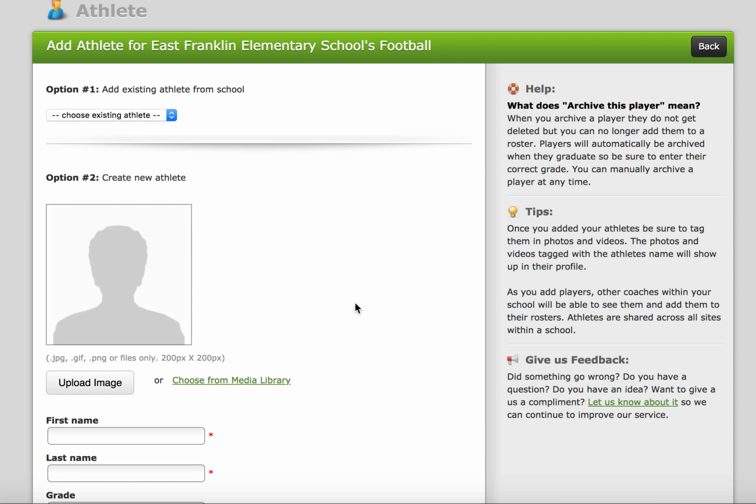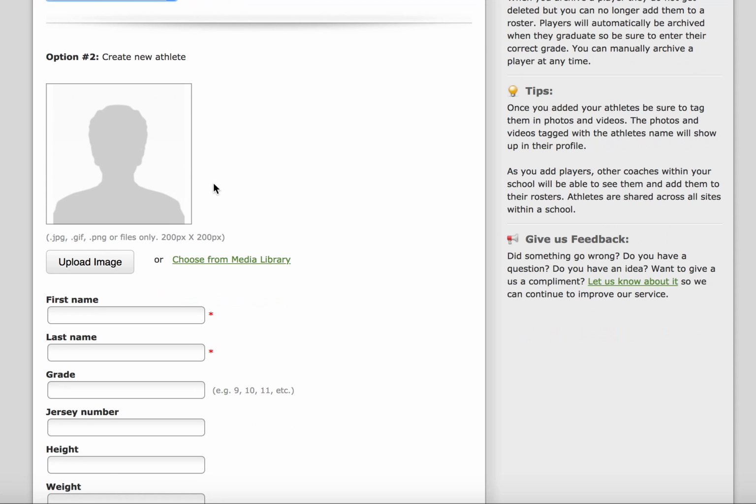If I'm a part of a school, there may be existing athletes already in here from other sports, and I can just pull them into my athletes on my team. And all I would do is select who I want to pull in, and then they would be added to my athletes for my team. But in this case, I'm going to create a new athlete, and all I'm going to do is start by